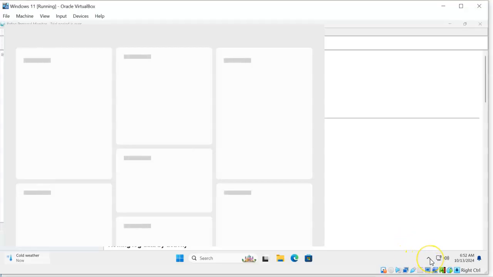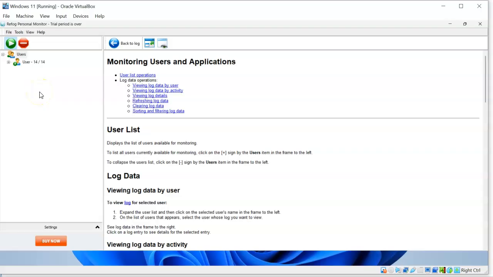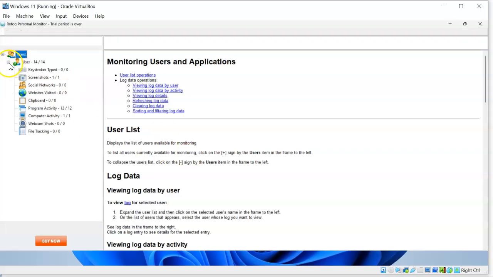After my computer finished starting up, I was able to go in here and double click to bring the program up. Takes a while for it to start though. There it is. So here's my user. Oh, look at that. It's already done stuff with me. It's monitored. So if we go down here,